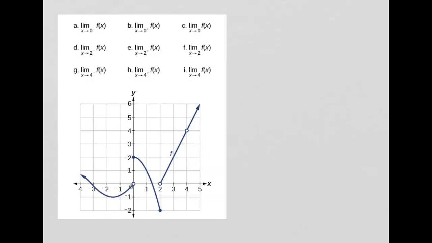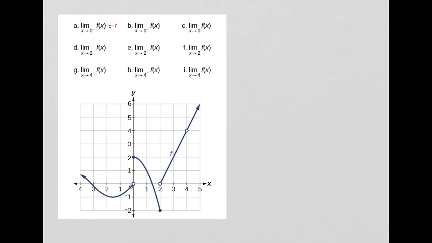Okay, so let's do some questions together. By looking at this graph, I want to find the following limits. Part A, we want to find the limit when x approaches 0 from the left. When x approaches 0, this is where x equals 0. From the left will be this region. As you are getting closer and closer to 0 from the left, your y value is getting closer and